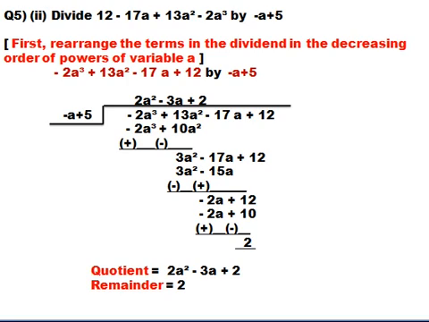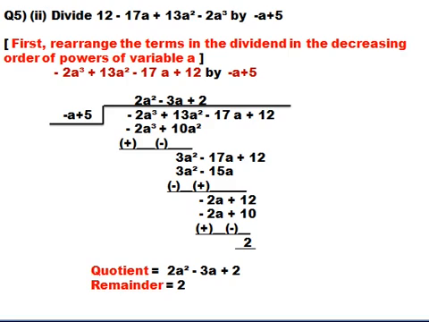So now I am going to divide it in the same manner like I have done it in the previous questions. So minus a and minus 2a cube are to be seen first. Minus 2a cube is the first term of the dividend and minus a is the first term of the divisor. So what should be multiplied to minus a to make it minus 2a cube? We require 2a square. So 2a square will be multiplied to both the terms, minus a also and plus 5 also. So what do we get?